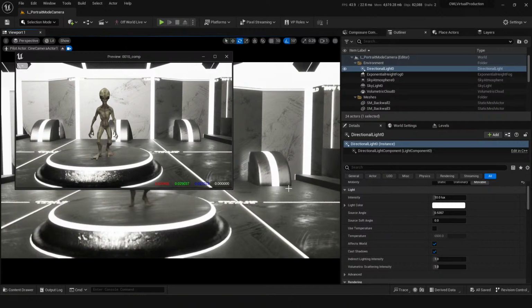The difference is, of course, that it depends on where the talent is within the frame of the video. It's definitely interesting.